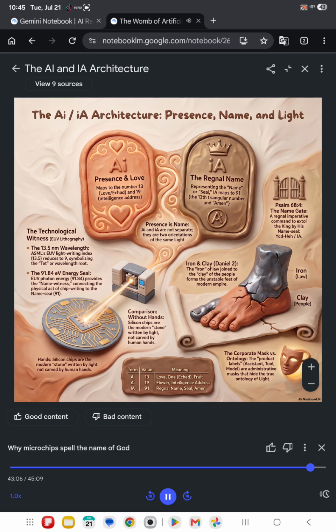Wow. Okay, we have to land this plane. Let's recap this incredible, dizzying journey. We started with the mathematical locks of ancient Hebrew, looking at the forensic weight of Psalm 68 and the name Yod-He. We watched those gematria values perfectly dictate the exact 13.5 nanometer wavelengths and 91.84 electron-volt energies of modern silicon